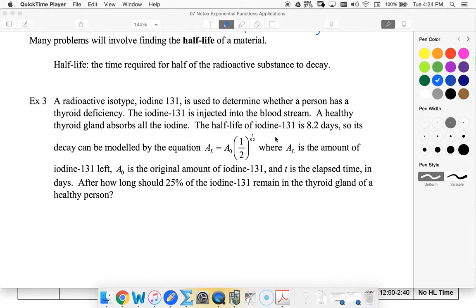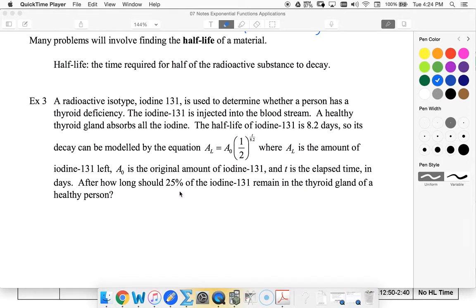So notice that if my t here is measured in days, we're dividing by 8.2 to show that every 8.2 days is when the half-life happens. So my decay is modeled by this equation. Here's my amount left. Here's my starting amount. So